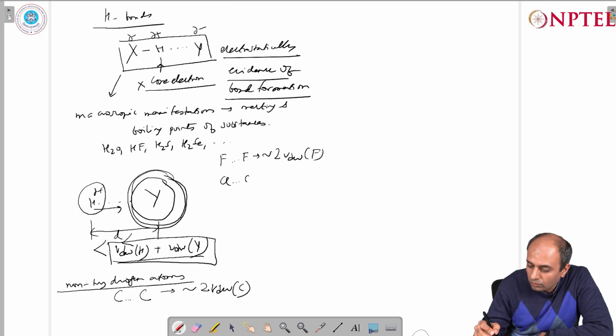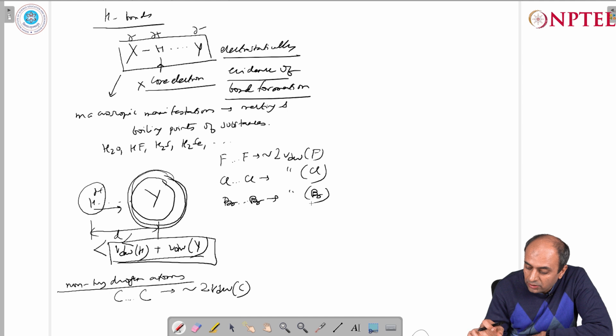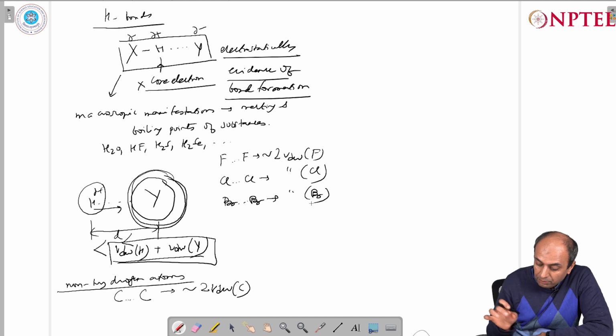Chlorine, same thing. Bromine, there is not much difference. There might be some contraction or expansion, there might be some changes in the distance. The separation between the two atoms will be in the vicinity of twice the van der Waals radii. But when you have a hydrogen bond, it is a very special case of dipole-dipole interactions,